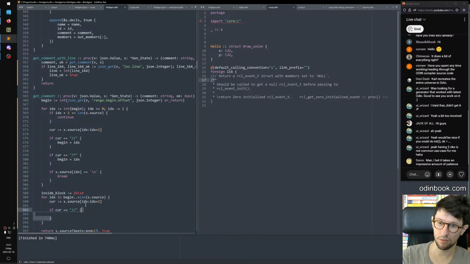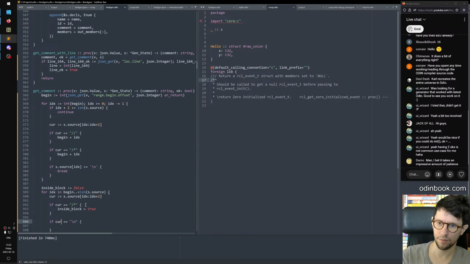If it's that, we don't really care. If cur equals slash blah blah blah, then we say inside block equals true. When we're inside a block, we must scan. So we find a line break. Well, no, not like that. S.source. If we find a line break,